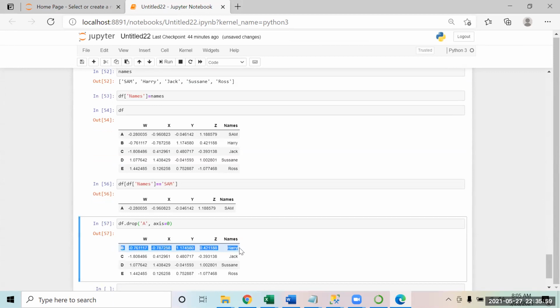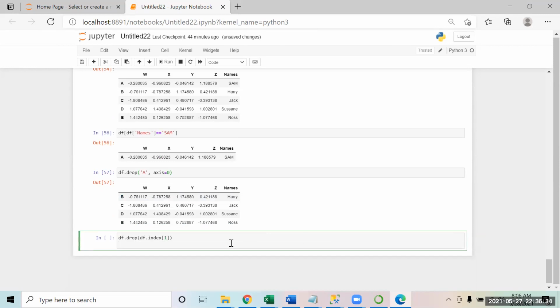We can also do it using the index. With the help of indexing, you can just give the index number in that case. So you will use df dot index, then drop. You just have to use that index function.